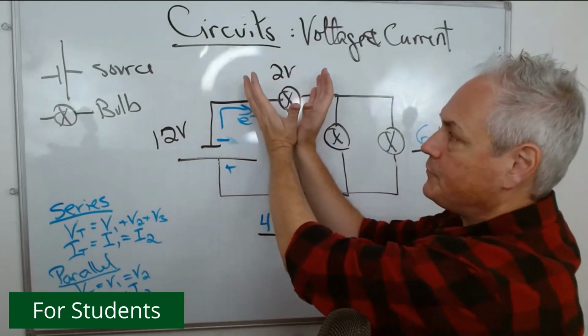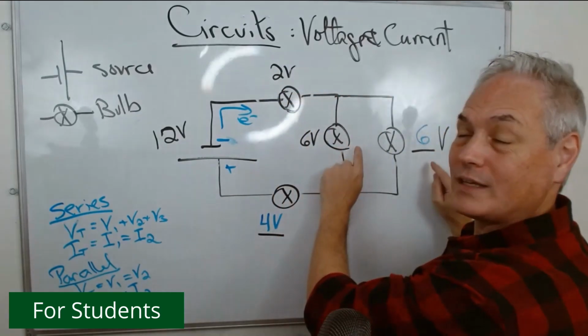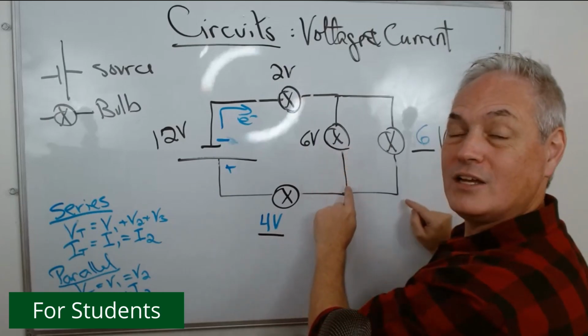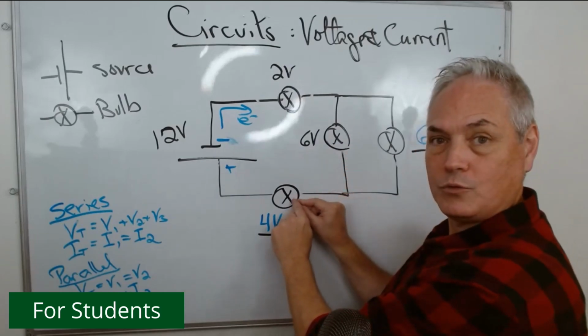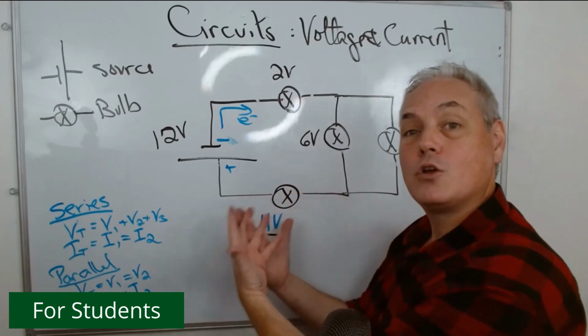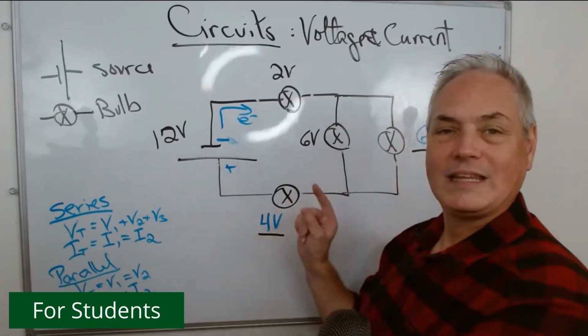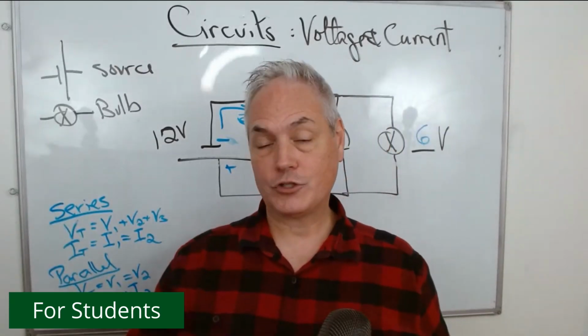2 are dropped here, so I have 10 left. All of them are going here, and they're giving 6 volts to each of the bulbs here. So that means that we have 4 volts when we get to this point. And when we reach this bulb right here, we give the leftover energy to go back to the source. And that is how we find the voltage at different portions of the